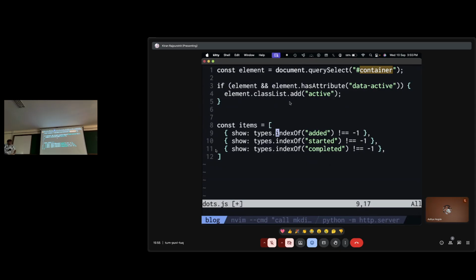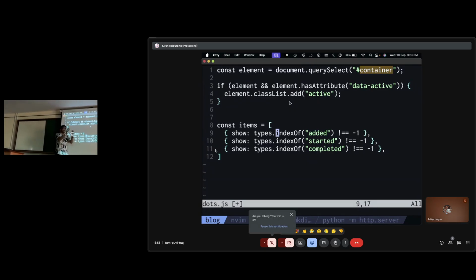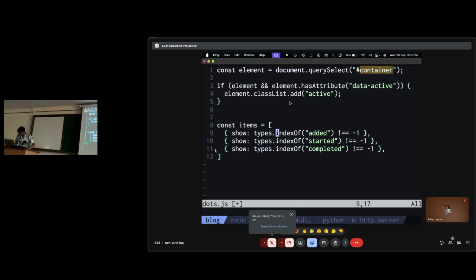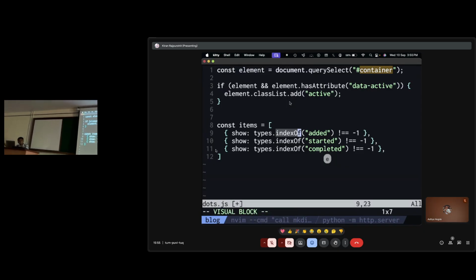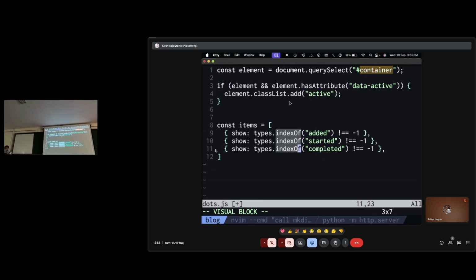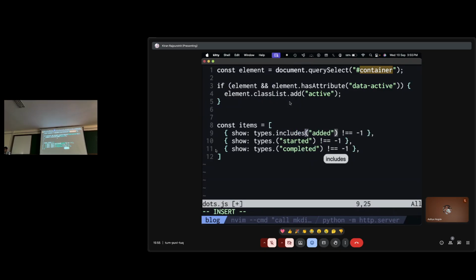Well, you will see this happens to be one of the cases where all these are in block mode. Press E to go to the end of the word, press JJ to select all of these indexOf. And on strings there is this method called includes. So I know that I have to change indexOf to includes. Press C to change, includes, escape.